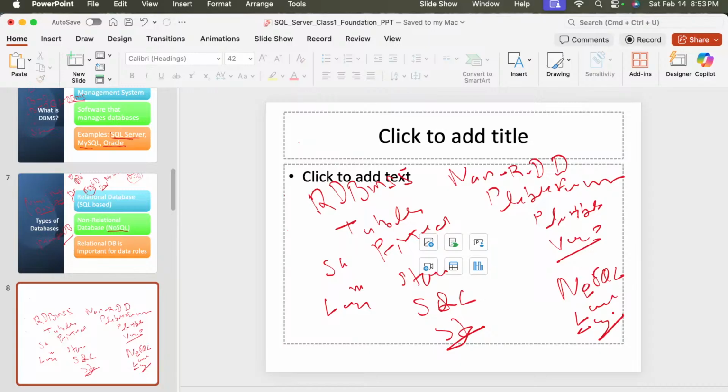We use SQL for the relational database, and we use NoSQL for the non-relational database, and best for the structured data is a relational database, and large and fast changing data we use non-relational database, right? Till here I think everything is clear to you guys, right?